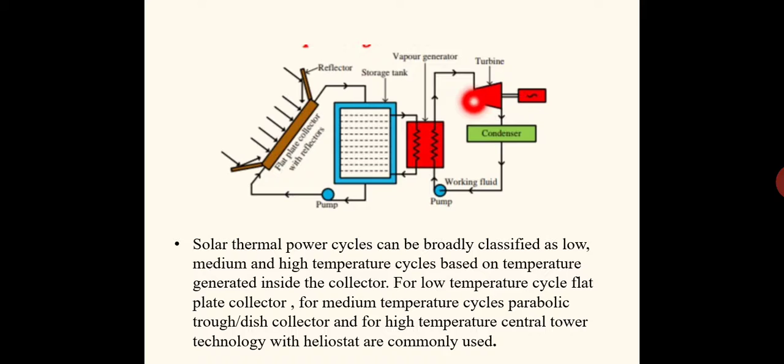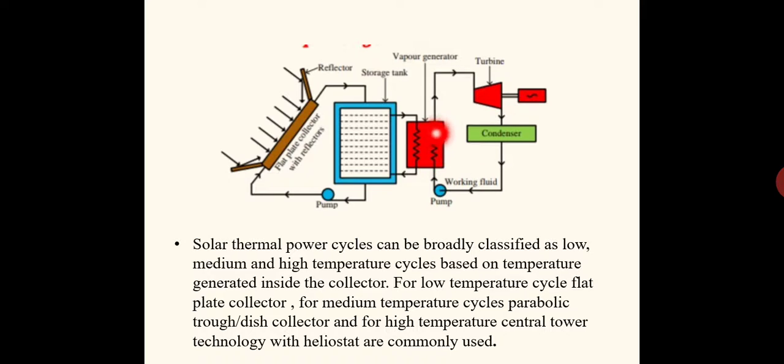so that it is expanded. While passing through the turbine, it is getting expanded, so the power or work output is produced in the form of mechanical work, that is rotation of the shaft of the turbine that is connected to the generator. Then you can produce the electricity. Once it is expanded within the turbine, it will be passing through the condenser. In the condenser, it is condensed using a separate coolant, so that vapor is converted to liquid state. Then the liquid is again circulated using a pump back to the vapor generator or the